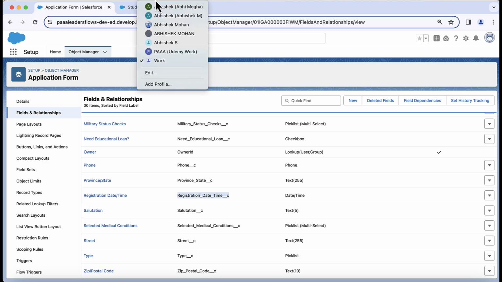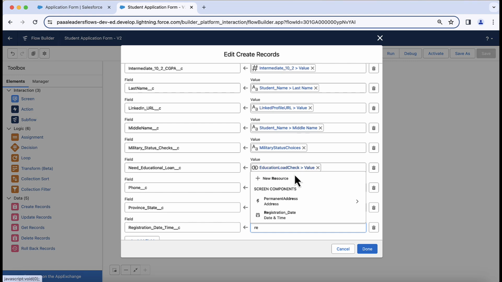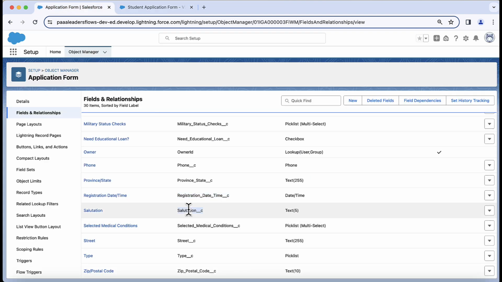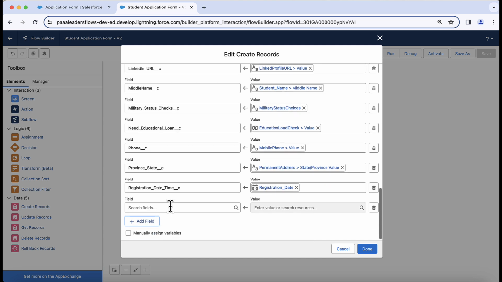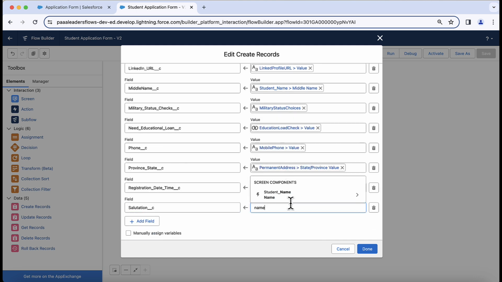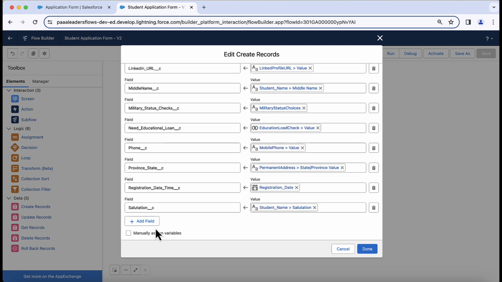Then registration date and time, same registration date and time, and then salutation should come from the name, so name, salutation, and then